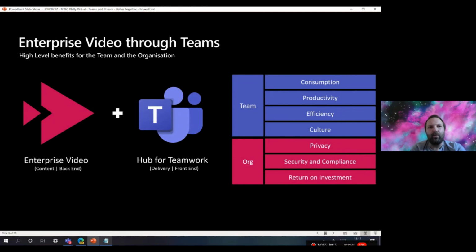We've already talked about privacy. This is a big tick in the box for the organization that says all of our video assets can be housed within Stream, within Microsoft 365, and that teams can consume them without having to go to a public video platform. In the same measure, because we've housed them in Microsoft 365, we can bring all the security and